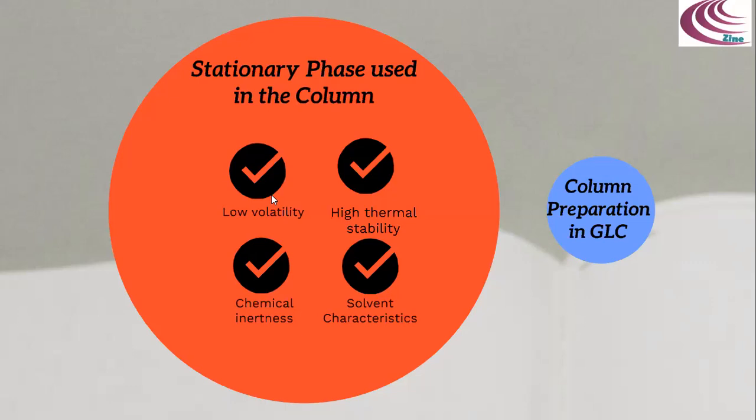For this purpose, the polarities of the two substances should be somewhat alike. For the separation of non-polar compounds like hydrocarbons or ethers, a non-polar stationary phase such as squalene, that is a high molecular weight saturated hydrocarbon, can be used as the stationary phase. On the other hand, a more polar stationary phase such as polyethylene glycol should probably be more effective for separating alcohols or amines.